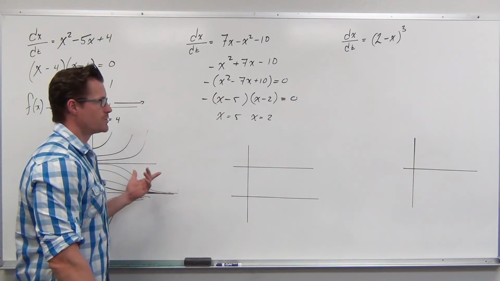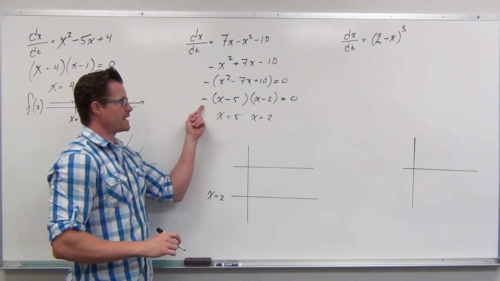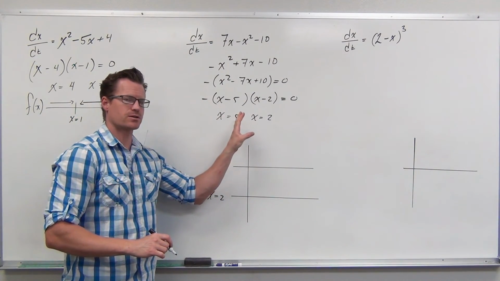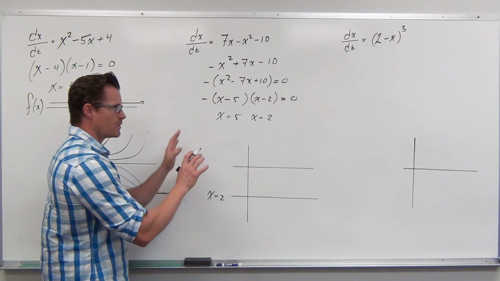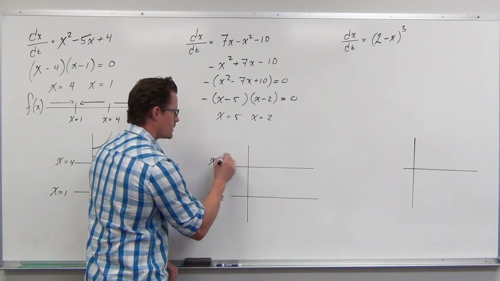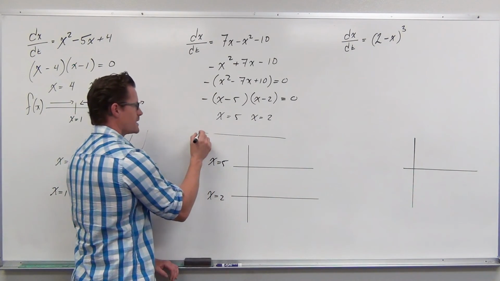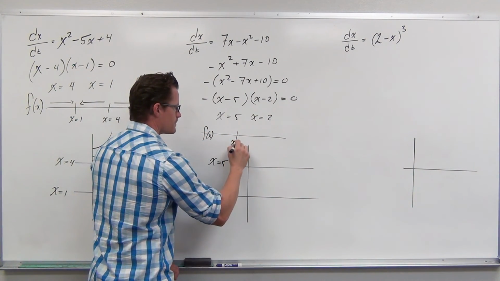So we are going to have 2 critical points, 2 and 5. Notice how this sign has absolutely nothing to do with these factors, okay? These factors are set equal to 0 themselves by the 0 product property. You don't take this sign and change these values. And what it says for our first derivative test